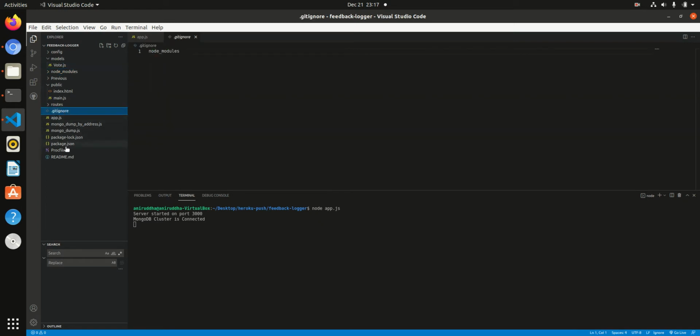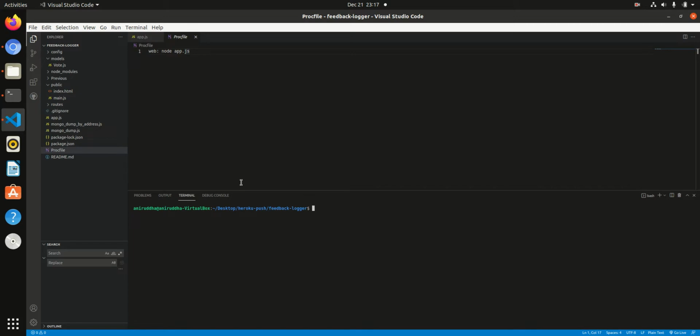Before uploading to Heroku, we'll have to create something called a Procfile, spelled procfile. It does not have any extension, it's just called Procfile. The command node app.js, the command you use to run the whole thing, you just mention within the Procfile and start it with web, as it is a web application. Heroku has things called dynos that are specific to web apps, so we'll be aiming to make use of those.